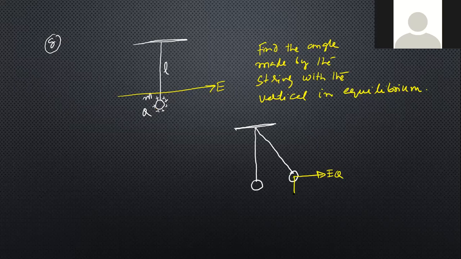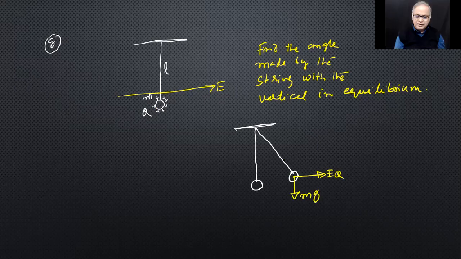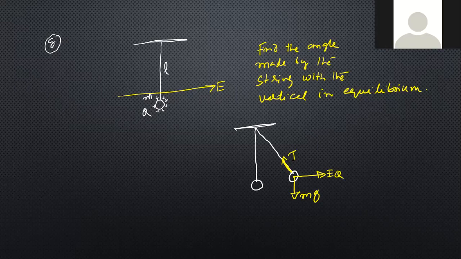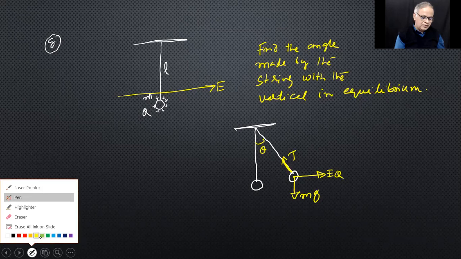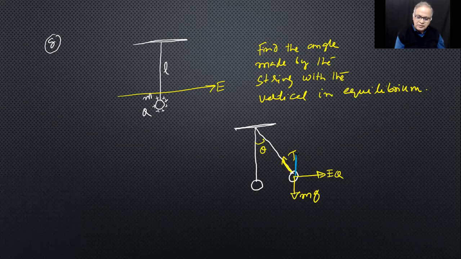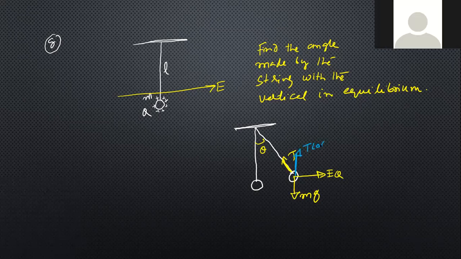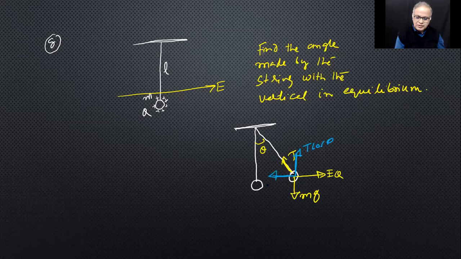So then weight, and then tension T. Isn't it so? Yes, sir. So supposing this as theta, in equilibrium the net force is 0. Resolve the forces into parts, right? So T I'll resolve. This is T cos theta, this is T sin theta, isn't it? This is theta, this is theta. So this is T cos theta, the one adjacent to the angle we considered.